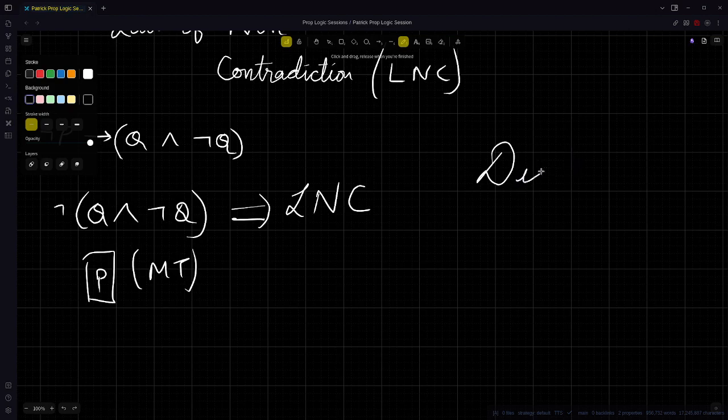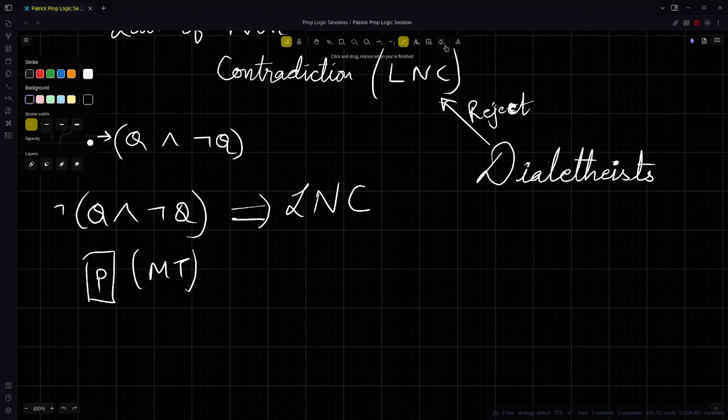Is it similar to a sophist? No, not really. This is actually a serious philosophical position. Dialetheists are people who reject the law of non-contradiction, and there are serious logicians out there who take this view. I am not convinced of it. I am not persuaded that it is the case,